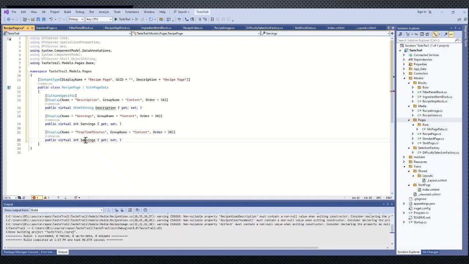Right, and rename this again, change the order to 30. Right, and I'm going to copy this again. Let's say we'll make this cook time in minutes. Change the field name also the same thing, and change the order to 40,